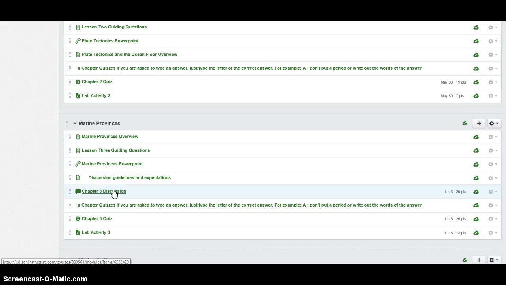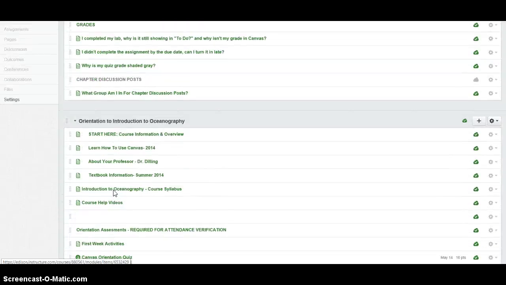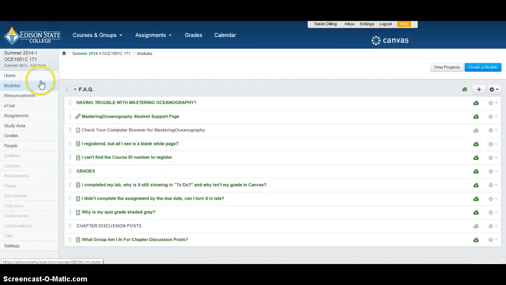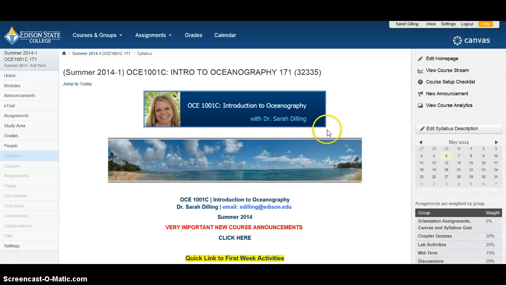how the discussions work. So again, if you have any questions on how to work through Chapter 1, please email me either at sdilling@edison.edu or directly through Canvas inbox. You can send me an email. I'm really good about getting back to those within usually an hour or so, but no more than 24 hours generally. And so if you have any questions on completing chapters,